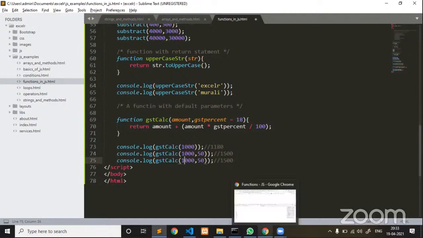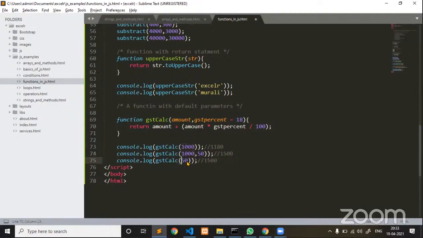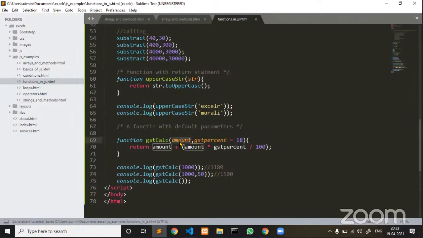If you are not passing any parameters, listen carefully. The first parameter you are not passing, and the second parameter you are also not passing. What is the output? That is what you must check. In that case, amount will become undefined. GST percentage, since you are not passing it, will take the default value 18, but amount is undefined. As I already said, if you pass undefined as a value for your parameter, or if you are not passing at all, it will be considered as undefined. Why? Because the variable is declared, the parameters are locally available to your function, but they are not assigned any value.